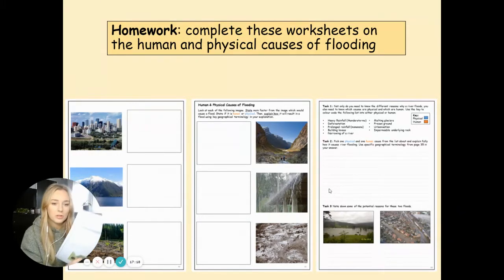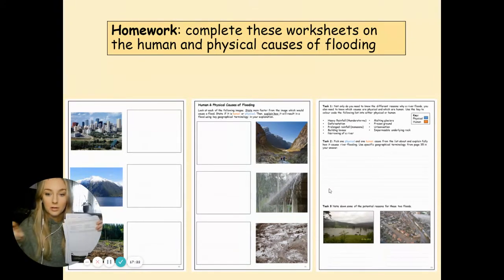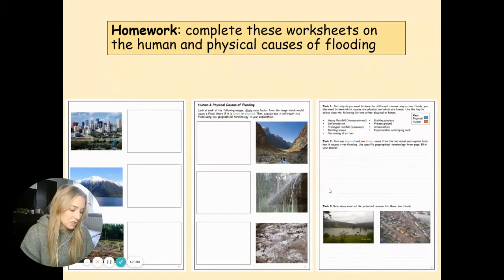So I'm going to talk you through this page first. This is page 42 in your booklet, and it's the one on the right hand side of the screen. So a couple of tasks. Task 1 says not only do you need to know the different reasons why a river floods, you also need to know which causes are physical and which are human. Use the key to color code the following list into either physical or human. So you have a bullet point list of many of the different causes that we've talked about in the last few slides, and you just have to color code them to be able to recognize what makes something human and